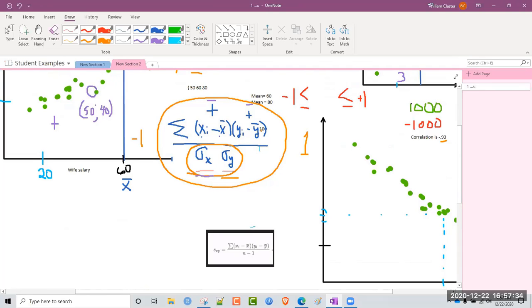Now maybe I shouldn't have used sigma here. I should have used S sub x and S sub y, because maybe I'm only talking about a sample of data, and I only used x bar and y bar here. If I had used mu x instead of x bar and mu y instead of y bar, then I would use sigma and sigma. So maybe I shouldn't have put sigma in there. I should have used S. But anyway,